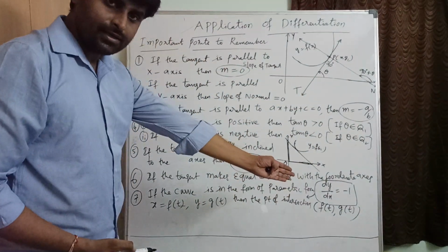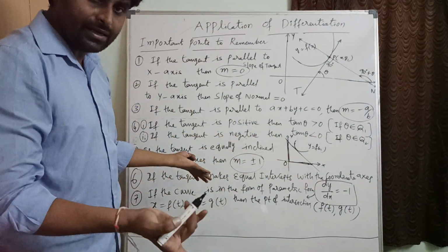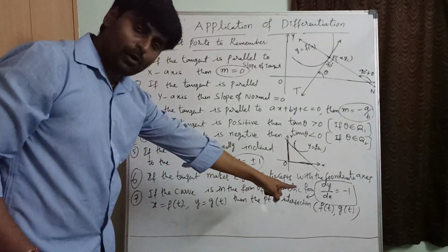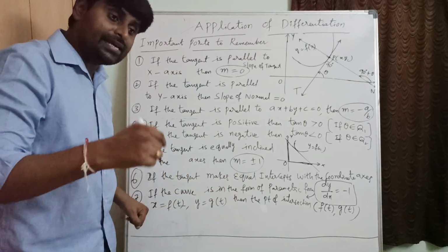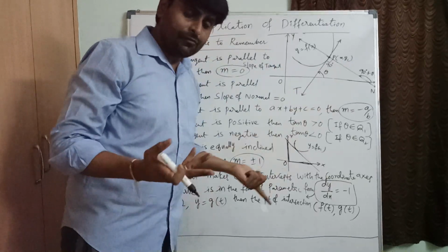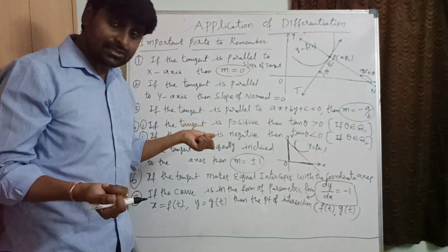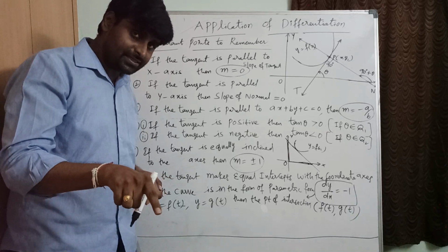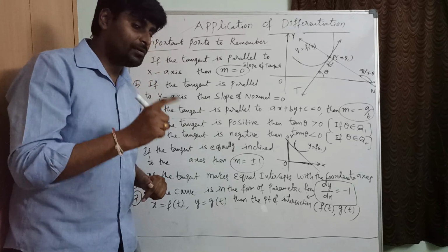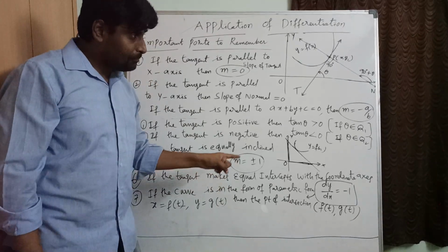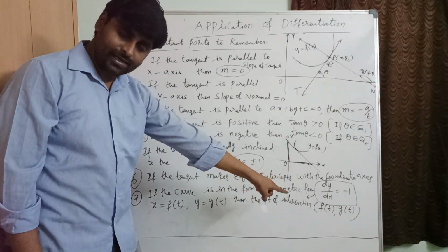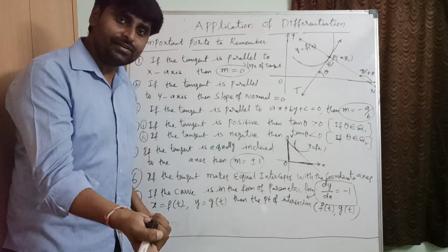x coordinate, y coordinate. So now let us write the equation of the tangent. How can I write the equation of the tangent? Okay, here, from this, that is the point of contact. Then how can you find dy by dx? Generally, by having the point, we cannot find the slope. How can you find the slope? We need to find dy by dx. Then substitute the point, and we'll get the slope of the tangent. Correct? So, do you have the point here? Yes, that is the point, x coordinate, y coordinate. And what is the value of dy by dx?